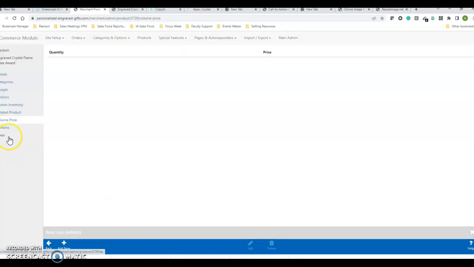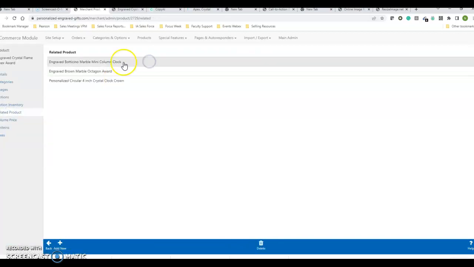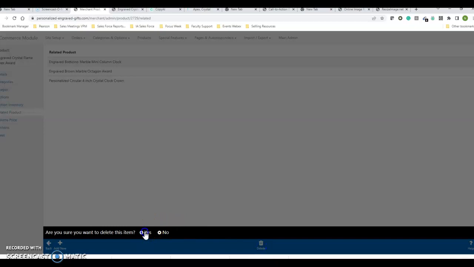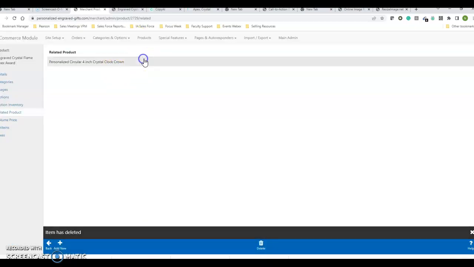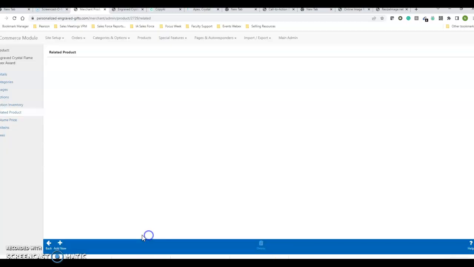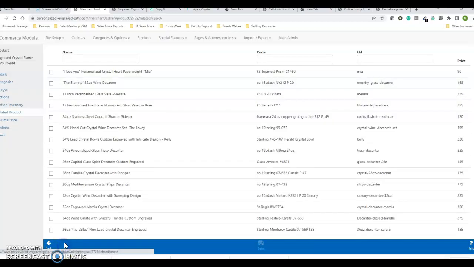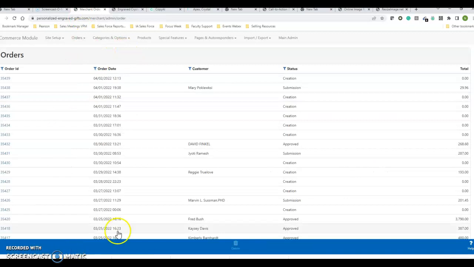And you're going to do your usual, which is related products. So you can come back in here. Who wants clocks? We need to have other Apex or Flame awards. Okay. So you can add, as you have done before, other,